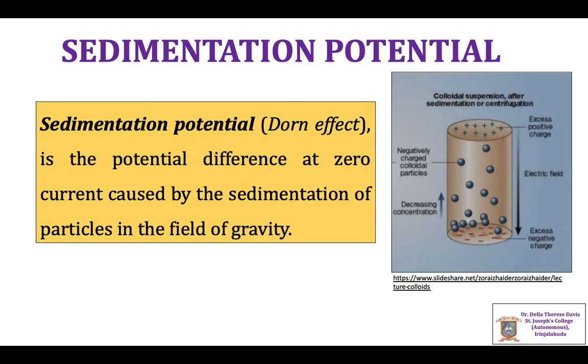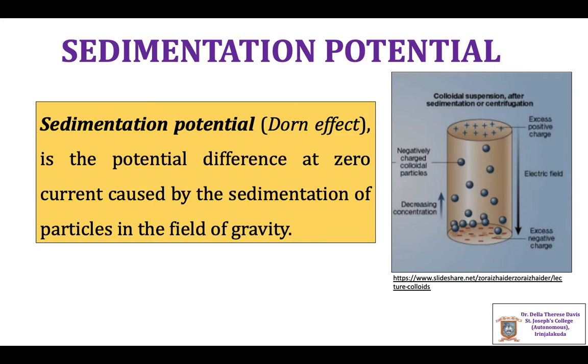Another interesting phenomenon shown by colloidal particles is the sedimentation potential or Dorn effect. When the particles are allowed to settle under the influence of gravity, a potential difference develops between the upper and lower layers of the liquid column through which they fall. This potential difference is known as sedimentation potential or Dorn effect. In the case of electrophoresis, the migration of the charged colloidal particles takes place in the presence of an electric field. Sedimentation potential takes place in the absence of an electric field, when the particles are allowed to settle under